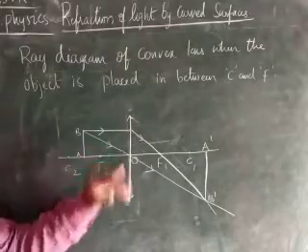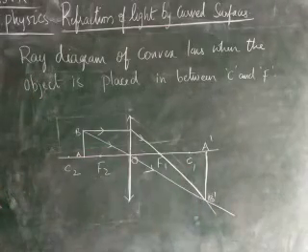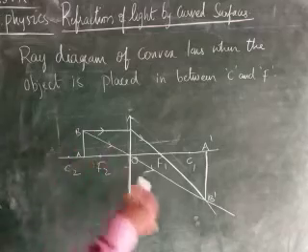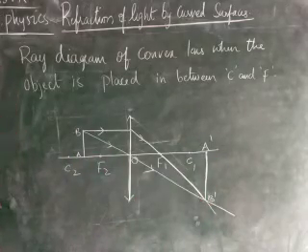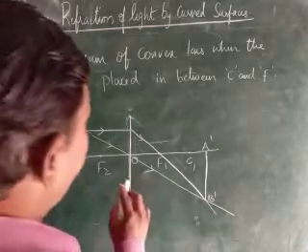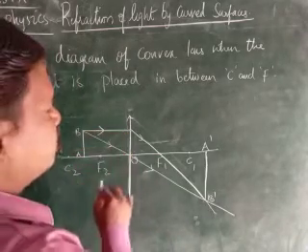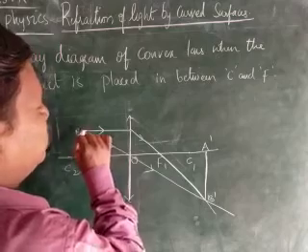Therefore here, the image is formed beyond C1, and here the size of the image, is it enlarged or diminished? It is enlarged, children. Okay, enlarged. And when we are drawing the ray diagrams, arrow marks play a very important role. Why? Because arrow marks indicate how the light ray is traveling.